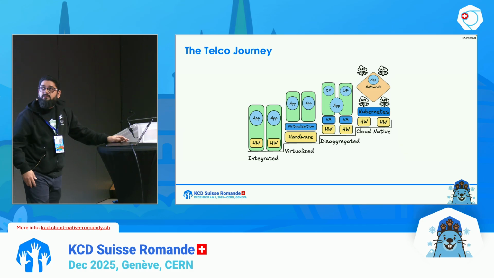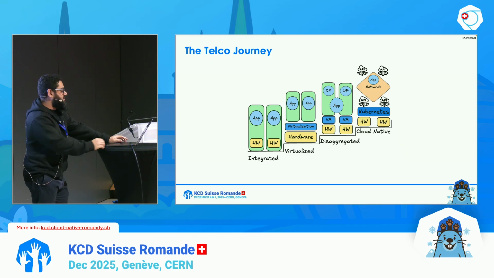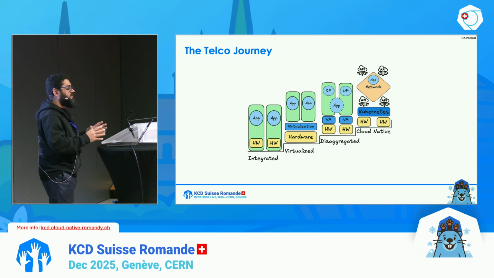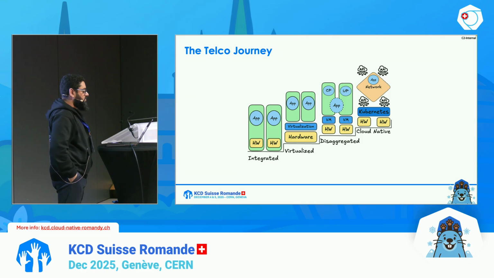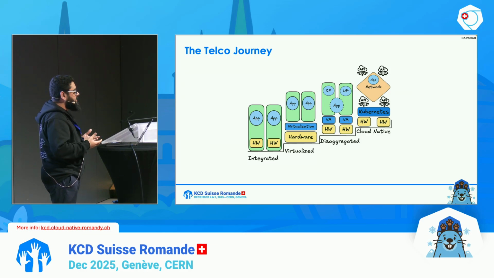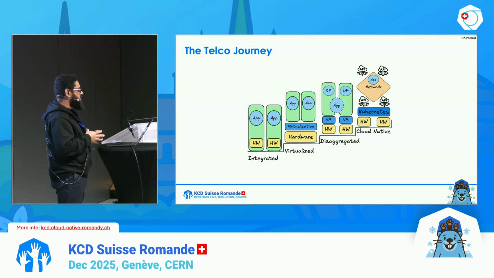So I think many of you are already familiar with this telco journey that we have seen, or the journey of the infrastructure and how it has evolved in these different phases. As you can see, in the early days, network functions were very tightly coupled to proprietary hardware, and they were deployed as vertical appliances, so they were mostly completely siloed. But then we also saw network function virtualization, as we call it, which brought a bit more flexibility for the workloads, but they are still bound to VM-centric operational models.